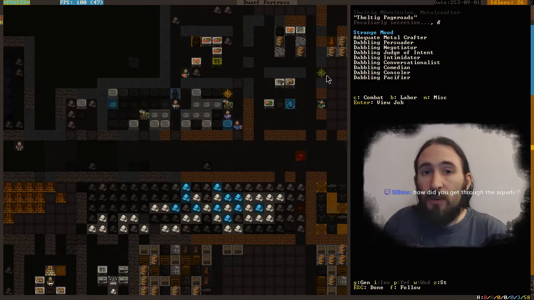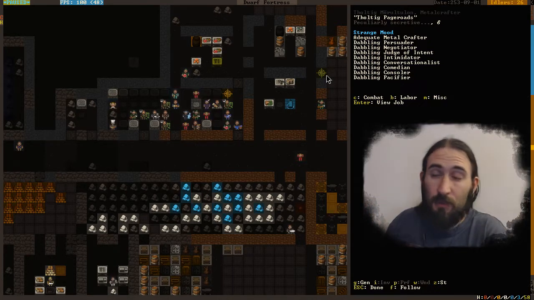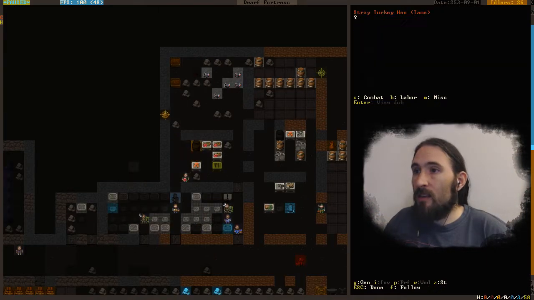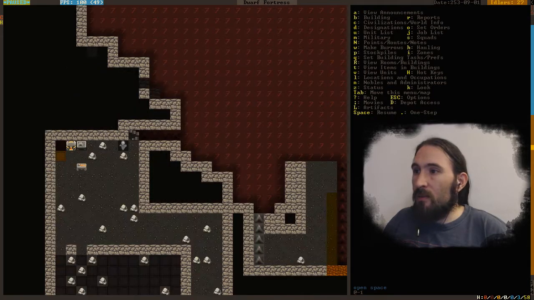I didn't need to get through the aquifer. What I've done here, sorry to explain it again for those who've seen before, but he needs to know, or she, sorry, don't need to presume. What happened was we've taken a volcano embark, so as you'll see up here, let's quickly pause it so we can show you, there's the volcano, and we've made some magma smelter up here,